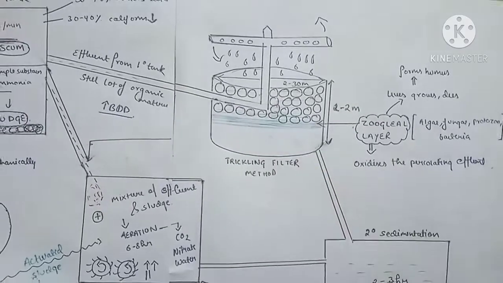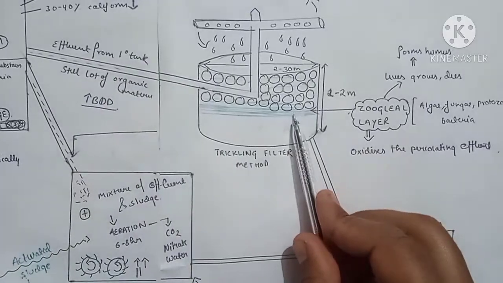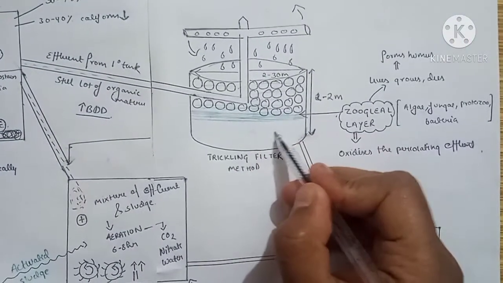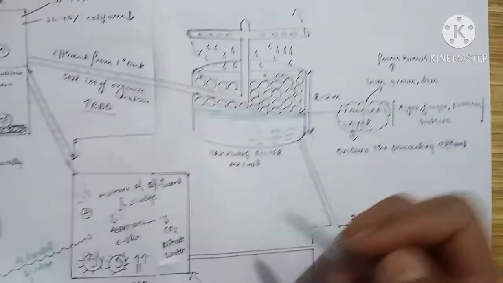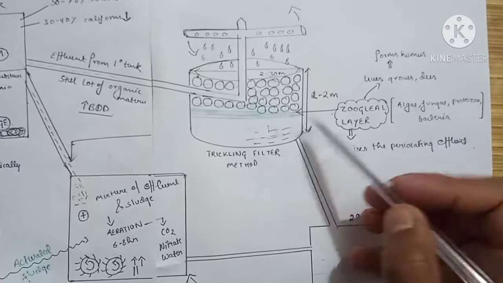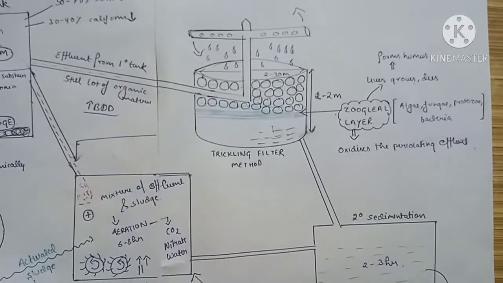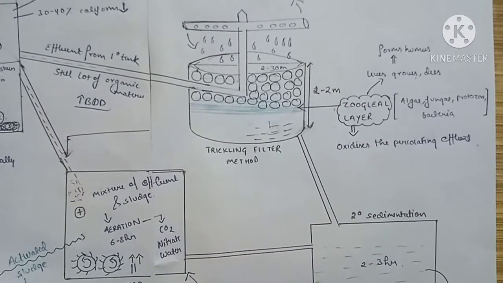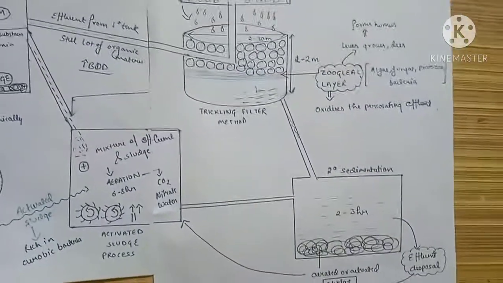So all the organic matter that is left in this effluent is going to be oxidized by this zoogleal layer plus the atmospheric air. And now the effluent that we are going to get will be less harmful, and will have less biological oxygen demand. And then this effluent is okay. Plus one more thing is that this zoogleal layer lives, grows and dies. It is its life cycle, and it forms humus, and this humus is great also for our soil. Now this humus appears green, and it flows along with this effluent into our secondary sedimentation tank.